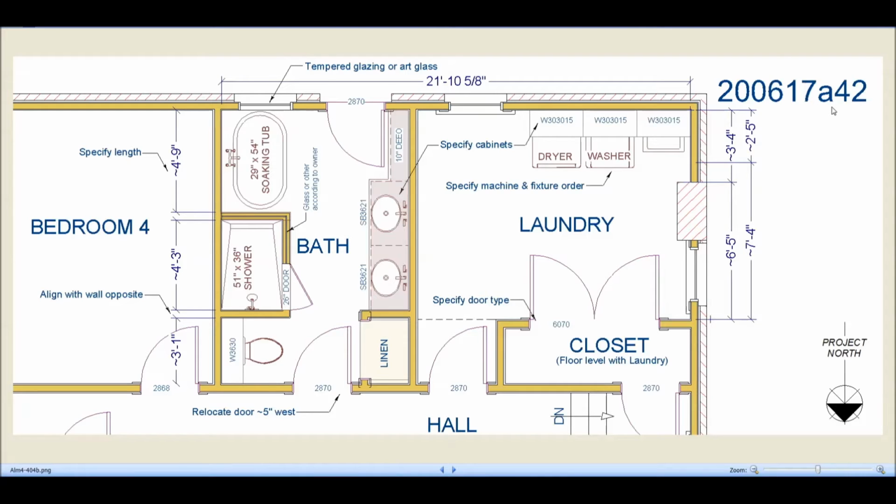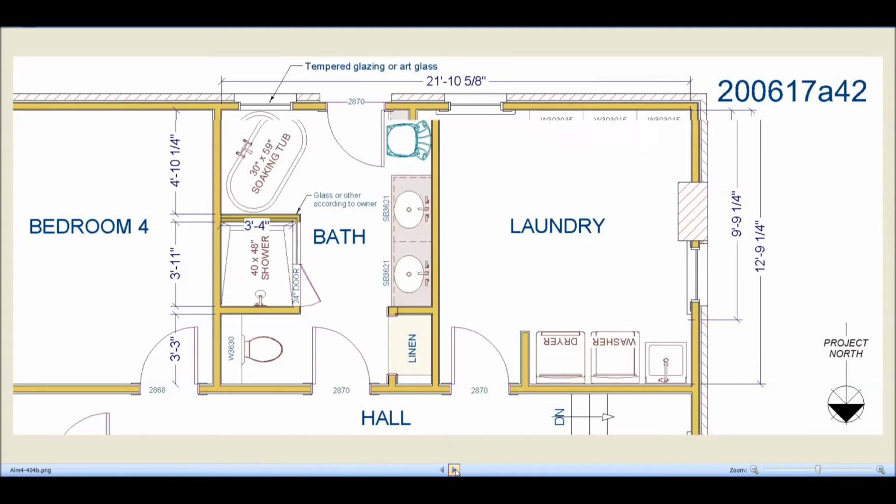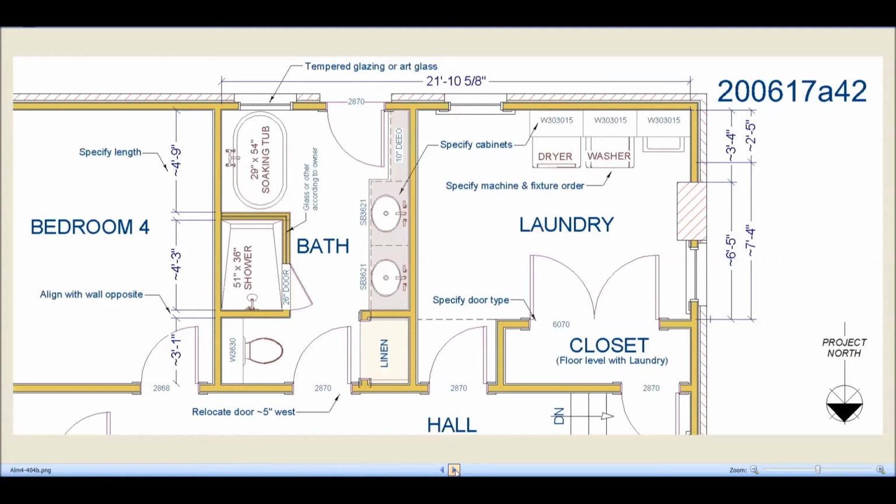ignore these numbers except if you have to identify anything, because I have gone back and reordered these. So just kind of ignore those and pay attention to the plan itself. This was a plan that I had drawn the last time, and these doors were relocated and so forth, and I don't even know if this was here, but this incorporated most of the ideas that you had talked about, most or all of the ideas that you had